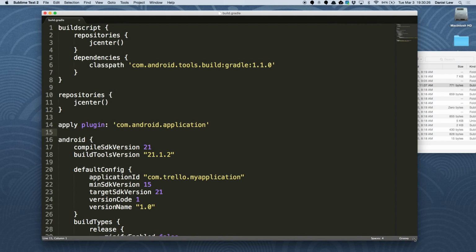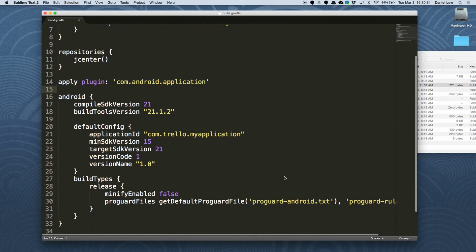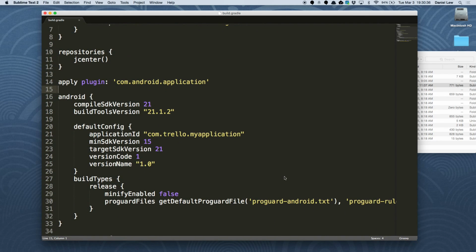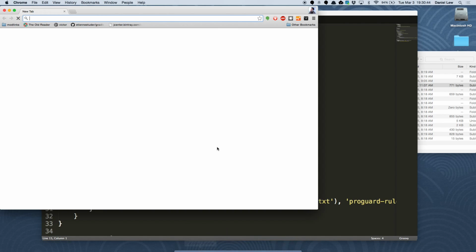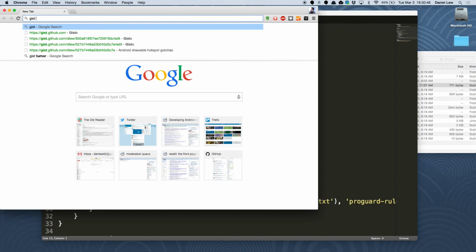So if you look at this, you can kind of understand what's going on in every line. Maybe you don't understand what build script is, but fine, you see apply plugin, that sort of makes sense. You see this Android block, and it looks something kind of like JSON, not really, but you can kind of get a feel for that, and that's how I operated for a long time. And the only issue with that is that